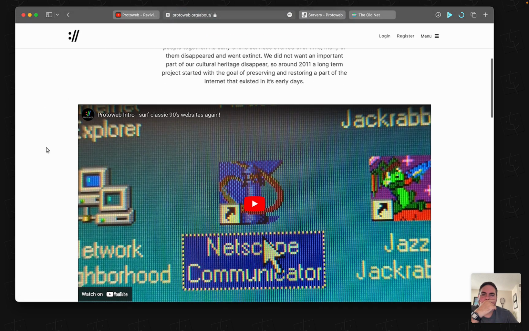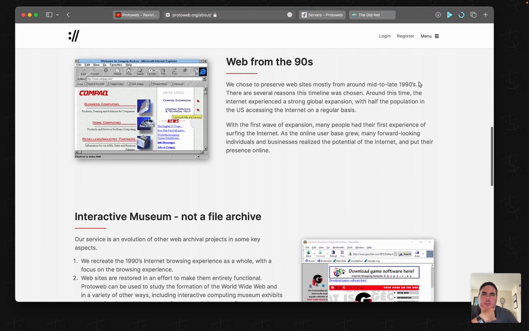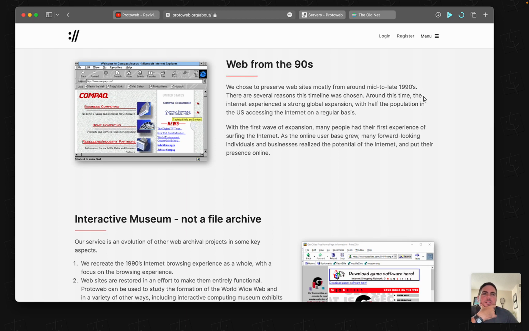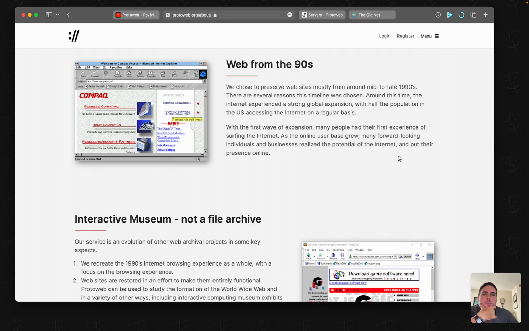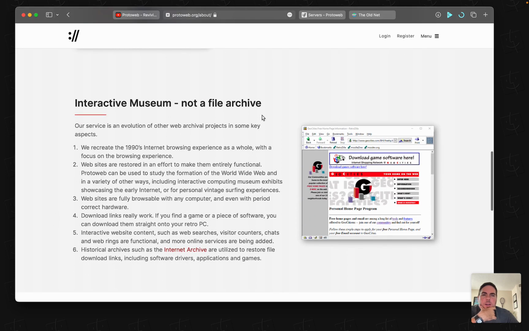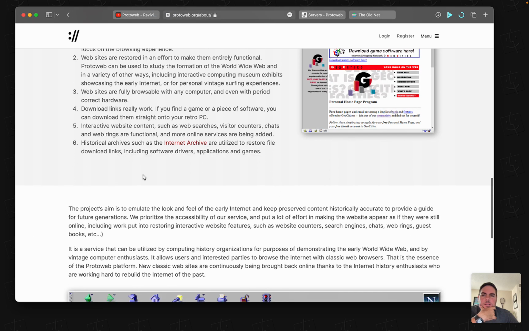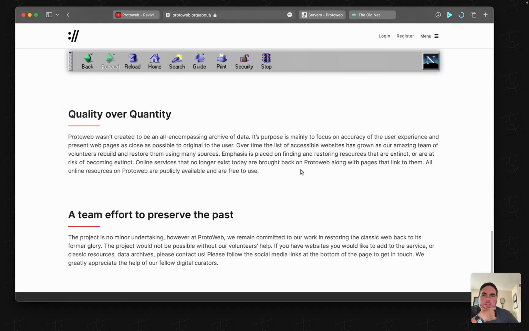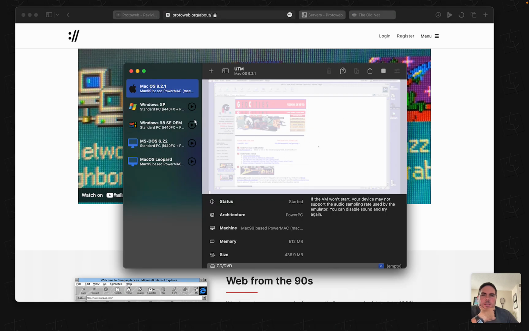Welcome to the internet setup. Cool. Web from the 90s. From mid to late 90s. So I chose the right operating system here, because I think OS 9 came out in the late 90s. Not a file archive, I understand that. Purpose to maybe focus on the accuracy of the user experience, team effort. So it doesn't really tell you when I'm pulling this up here,